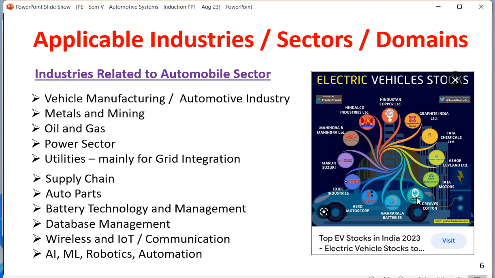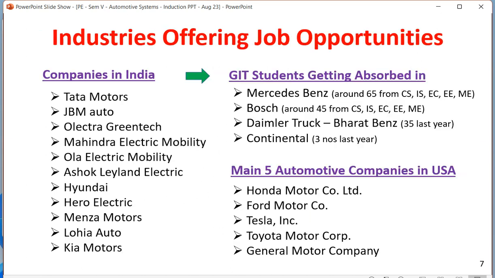They are actually designing interiors. From Amara Raja battery to Excite battery, that is the chemical side of it. Then the body is made by Hindalco, Mahindra and Mahindra. They are into making of vehicles, as well as they are into the IT part of the vehicle. Then Hindustan Copper, Graphite. So you will be finding that many industries are related to this automotive sector, and it is not only one industry. It is a multidisciplinary kind of thing where every industry has to chip in, every engineer has to chip in to design a proper car.